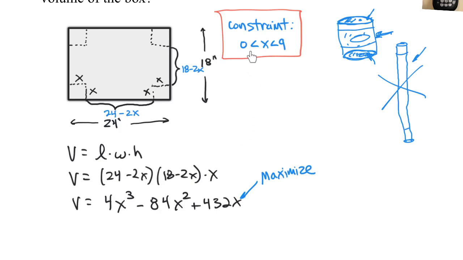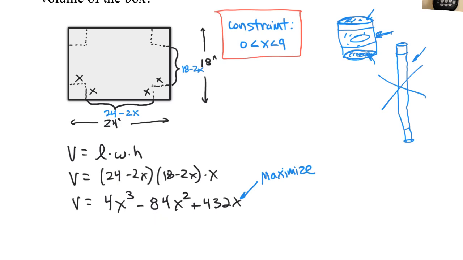And that's on this window right here, 0 to 9. So maybe the maximum value occurs at 20, when x is 20. Well, it doesn't matter because it doesn't make sense for our problem. For our problem, we only care about x between 0 and 9. So if you're in algebra class, or if you saw one like this in algebra, what you would do then